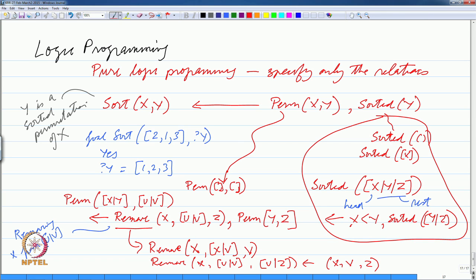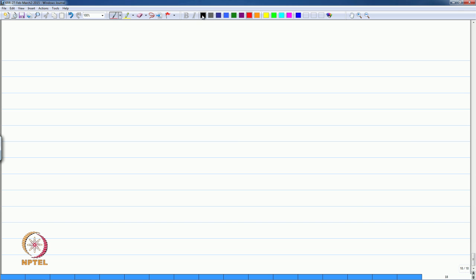So, this remove is also a two clause recursive program. The base clause says that if it is at the head, you can simply remove it. If it is not at the head, you must look inside the rest of the list to remove it essentially. So, in any case, what we have seen here is that you can write a logic program to sort a list, and sorting, as we know, is one of the most common activities in the industry, that most of the time programs in industry are spent on